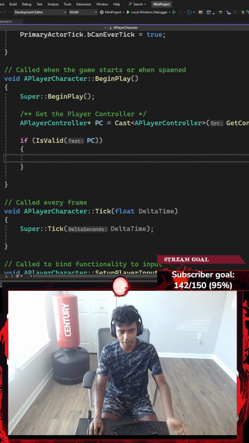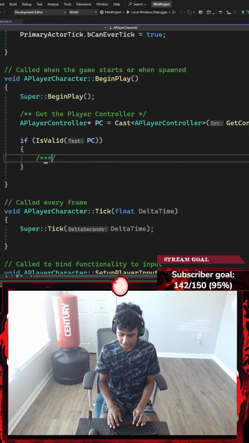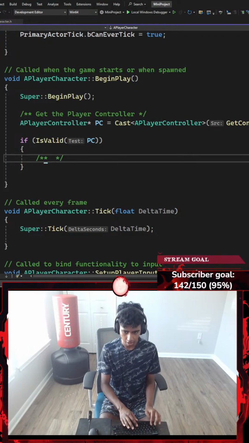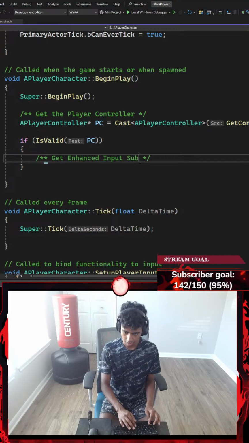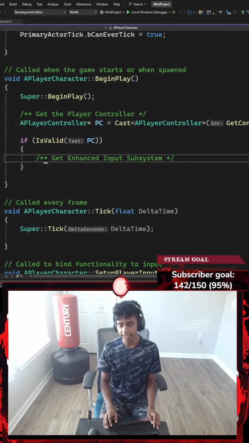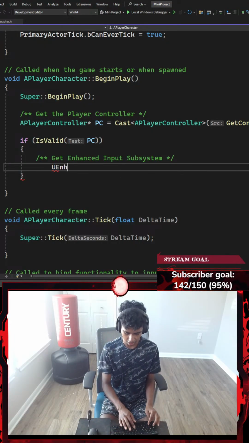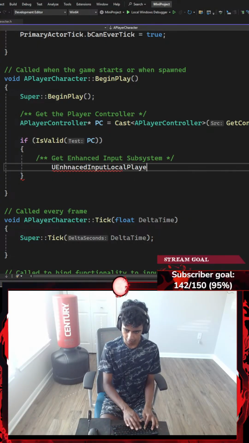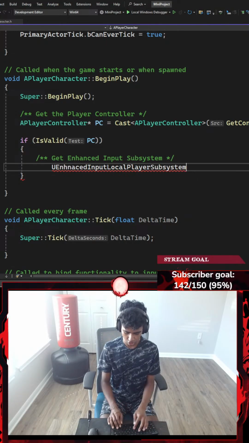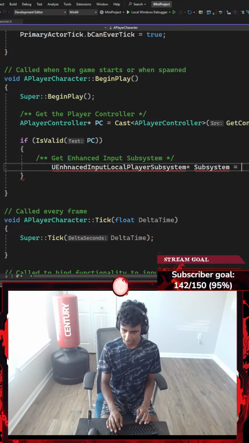Okay, now I'm gonna check if my player controller is valid. If it is, I want to go ahead and add a triple asterisk comment that says something like get enhanced input subsystem. And yeah, I worked with this as well, so I'm so glad I actually worked with it. It's so much easier right now. I'm gonna go with something like UEnhancedInputLocalPlayerSubsystem, represented by a pointer called something like subsystem. Okay, that is going to be equal to